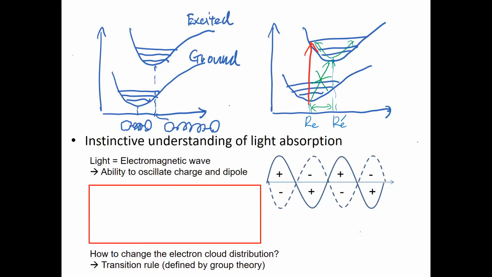So in a sense, a vibrationally excited state of the excited electronic state is formed, and that's why it induces the oscillation. This is what happens during the light absorption. Then, as a next step,